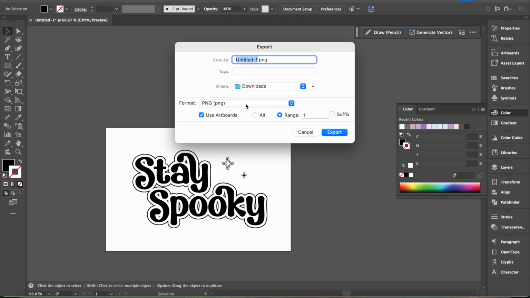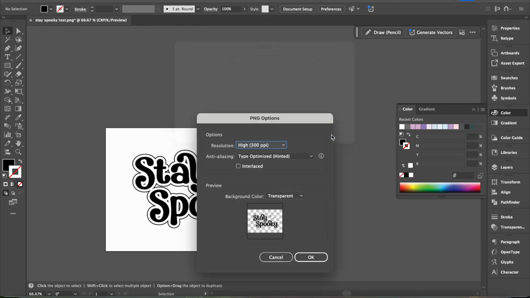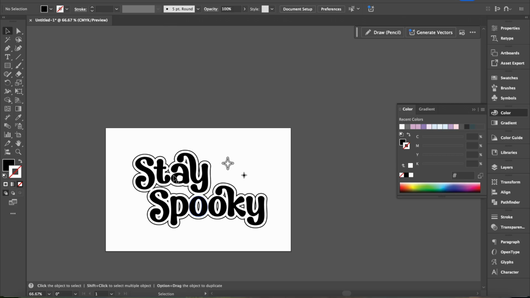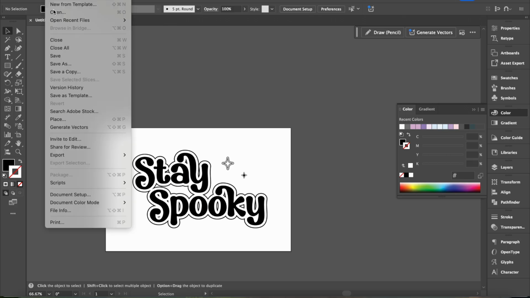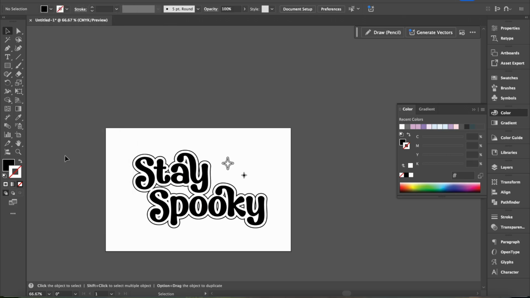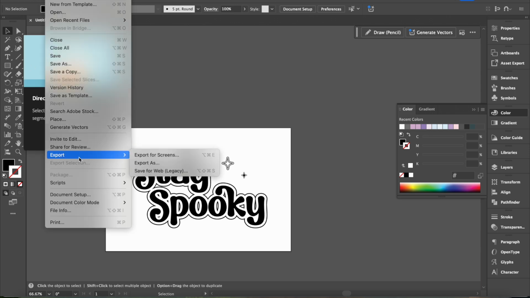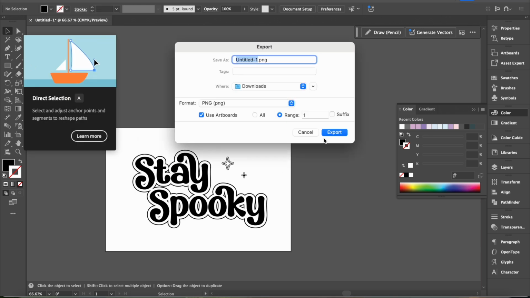I'll show you how you do it as a PNG anyway. So I'm going to put stay spooky test, I'll put it in downloads. I'll save it as a PNG, so it'll give you the option for the background color. Make sure it's transparent, and it's at 300 ppi or DPI, which is high resolution. But I'm not going to save it as a PNG. I'm actually going to save it, export, try again, export as